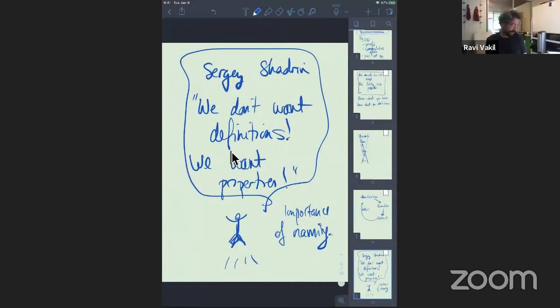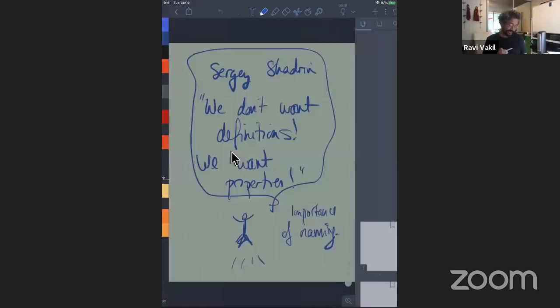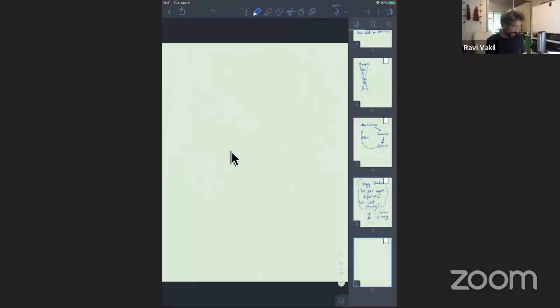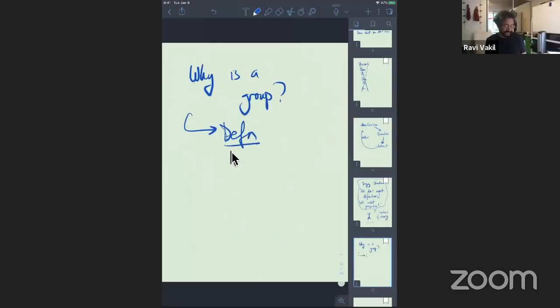And there's nothing wrong with disagreeing with the conventional wisdom on these things, or demanding that someone explain why you should care. In particular, the question you should always ask is why is a group, not what is a group? If you know why a group is and what it's trying to capture, then you get the definition, and you don't have to remember it. You just know it. You may not have memorized the perfect axioms, but you will know something equivalent to them. That's all that really matters.